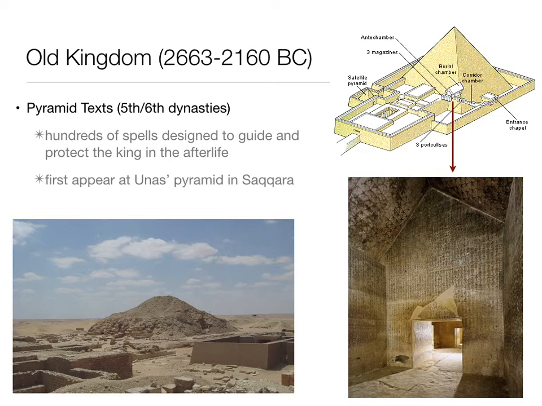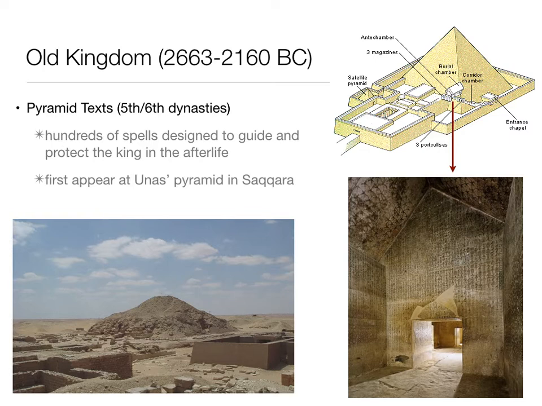including a king named Unas. His pyramid in Saqqara had a feature that is kind of interesting called pyramid texts, and this is a new kind of genre of writing that we have access to. Essentially what these are is a list of spells written inside the walls of the burial chamber that give the king the necessary information to guide his soul through the trials and tribulations and traps of the afterlife. And so these are kind of the walkthrough, if you will.